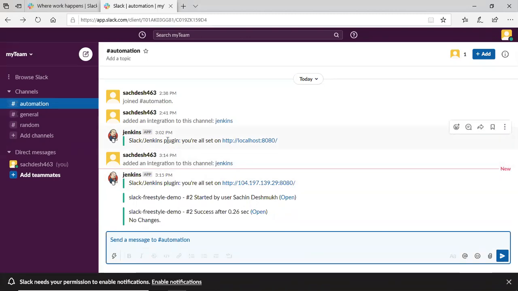We previously configured Slack on localhost 8080, that is the Jenkins which was on localhost, but due to some issues in the localhost Jenkins, I switched over my Jenkins to a remote server and I ran the same job from a remote server, and you can see the output. The build number 2 started by user Sachin Deshmukh, and it is saying the build number 2 is success after 0.26 seconds. This way you can configure your freestyle job.